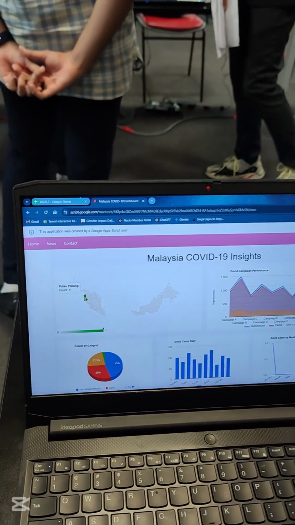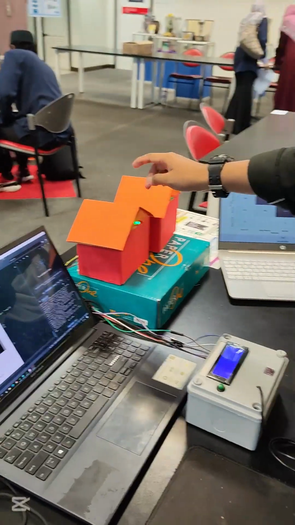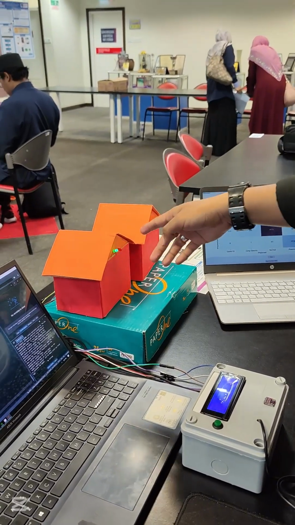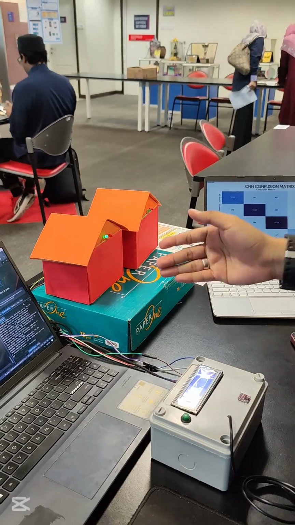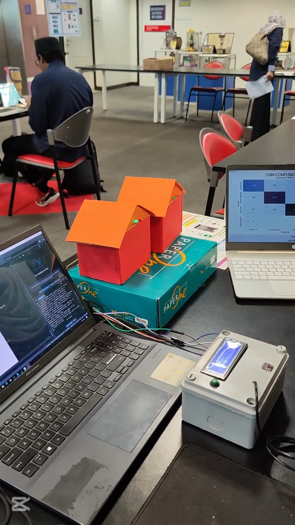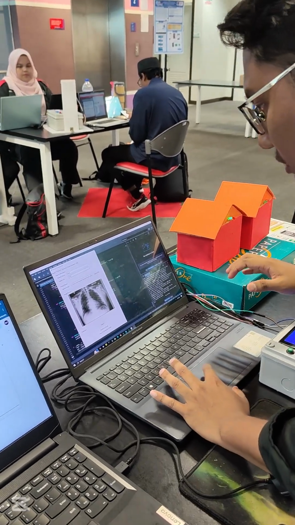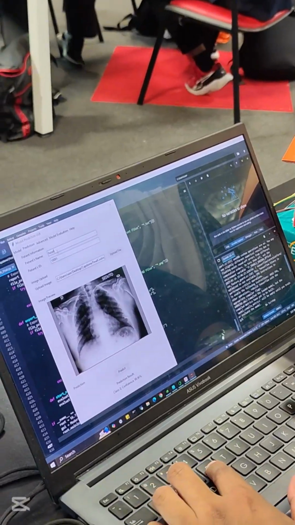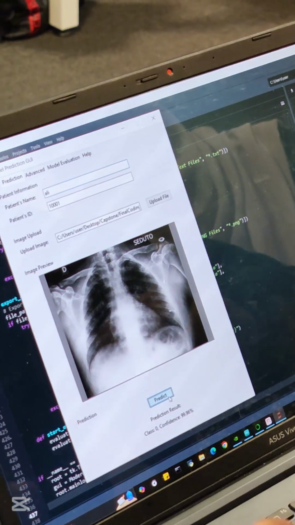For the next part we're going to show the patient house. Currently the address of this patient is 01110. The green indicator means that the patient is normal. So we're going to look at the situation where the patient is positive for COVID-19. First we change the address for the patient. So we're going to predict the